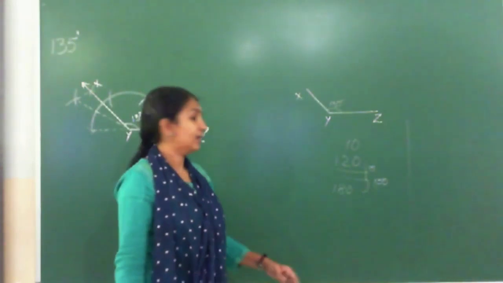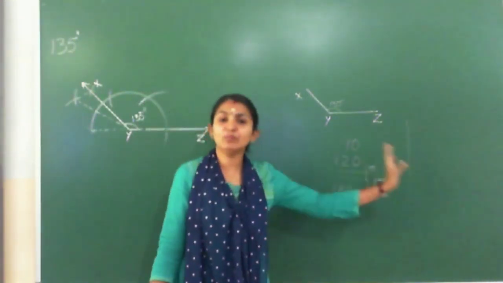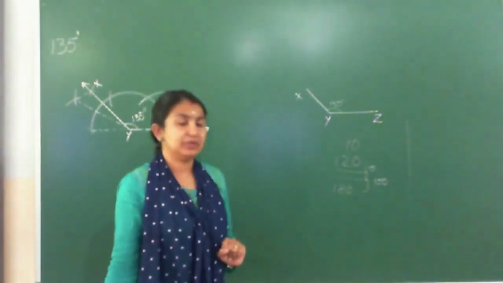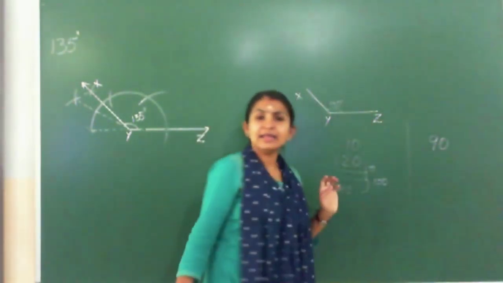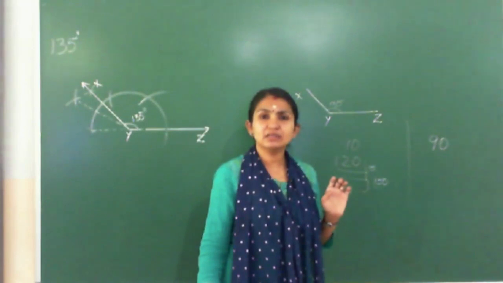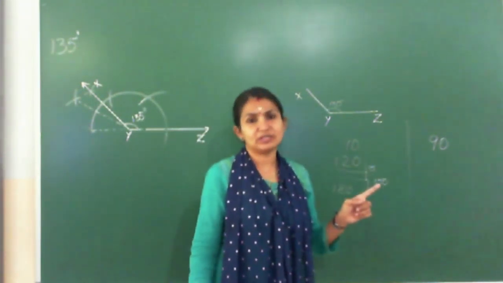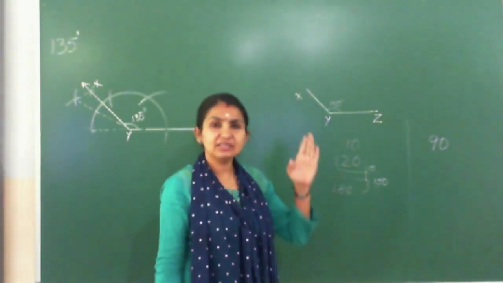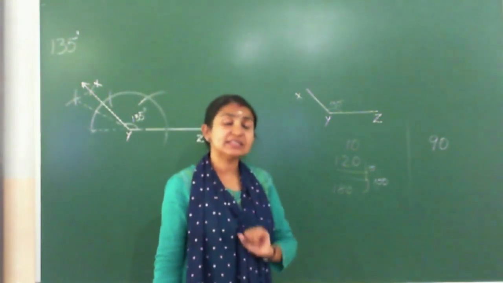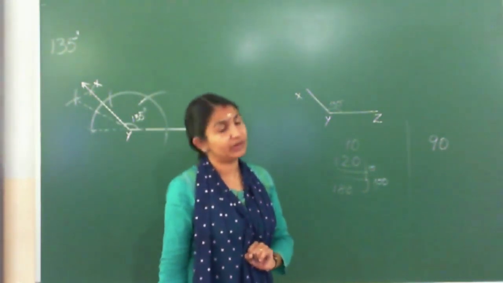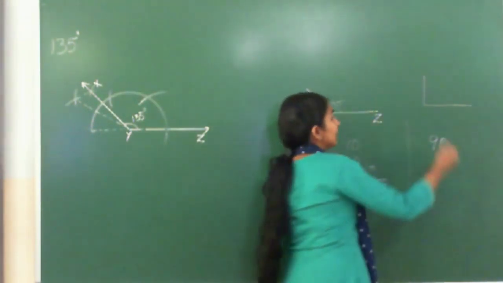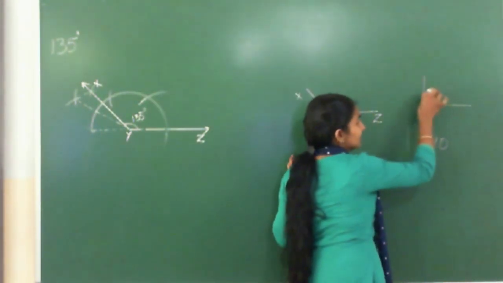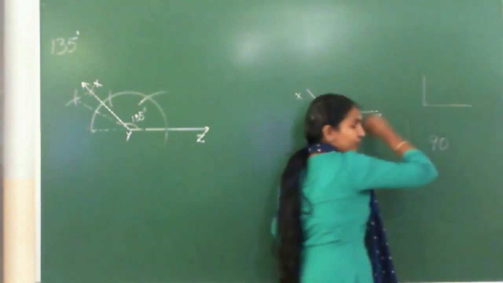So I told you that this is one method and one more method is there. Which is that method? First finding 90 degree. 90 degree means it's the bisector of 60 and 120. Its bisector is 90 degree. When we are bisecting this angle, we will get 45 degree. So 90 degree is somewhat like this. When we are bisecting this angle, we will get 45 degree here.